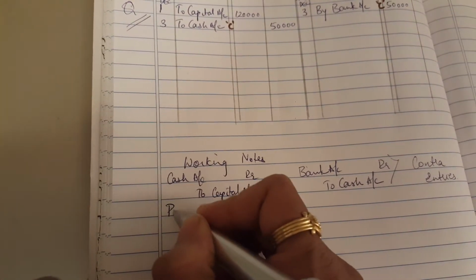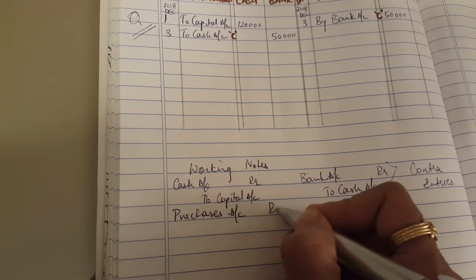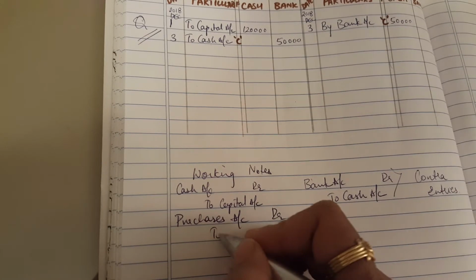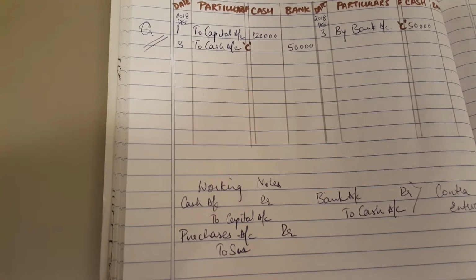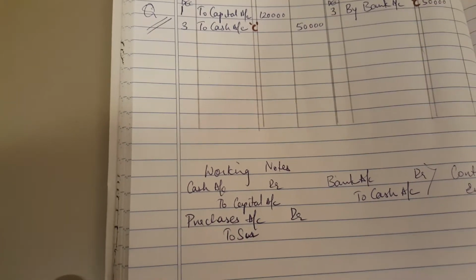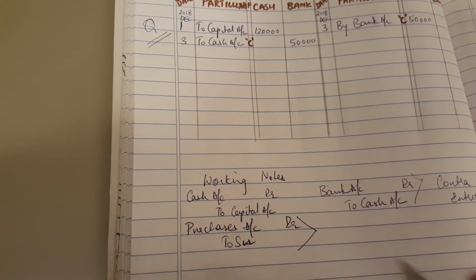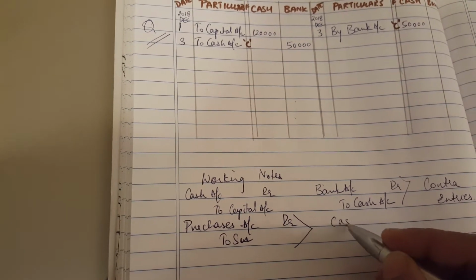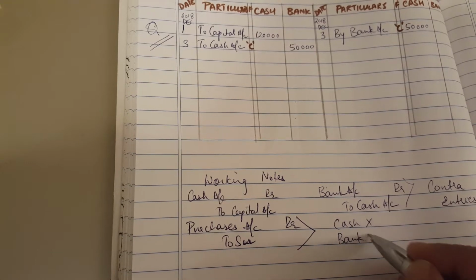So the entry will be goods are coming in the business, and when the goods come into the business, we term it as purchases. Sushmita or S is giving it to us. So it will be purchases to S. Now when you have purchases to S, you find that in this particular journal entry, you don't have anything related to cash. You don't have anything related to bank.